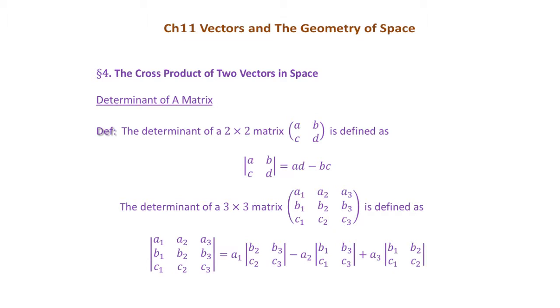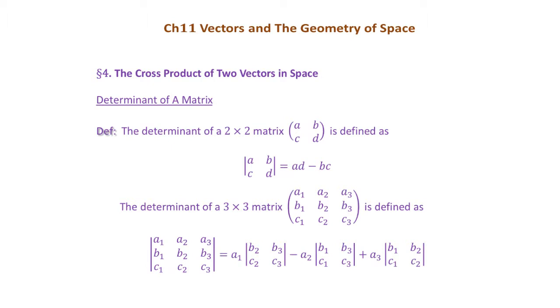For example, the determinant of B2, B3, C2, C3, this 2 by 2 matrix, will be B2 C3 minus B3 C2. So you just multiply A1 with that. In the second term, you just multiply A2 by the determinant of B1, B3, C1, C3, with B1 times C3 minus B3 times C1. And then you add A3 times the determinant of the 2 by 2 matrix B1, B2, C1, C2, which is B1 C2 minus B2 C1. So at the end, you're going to get a number. Okay, so that's the